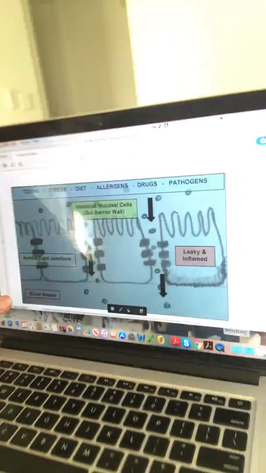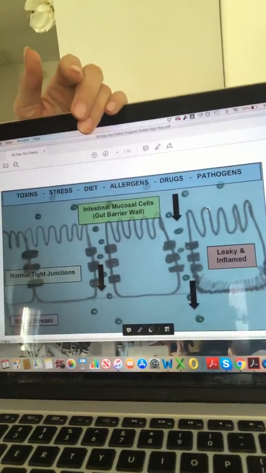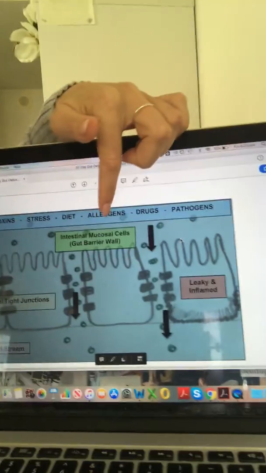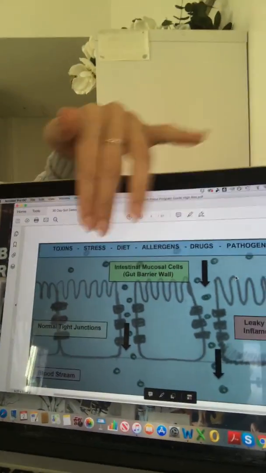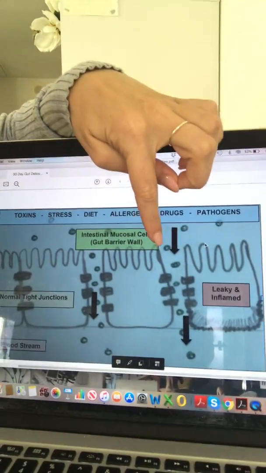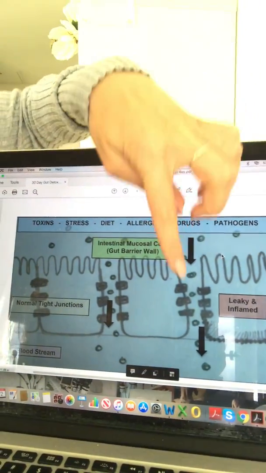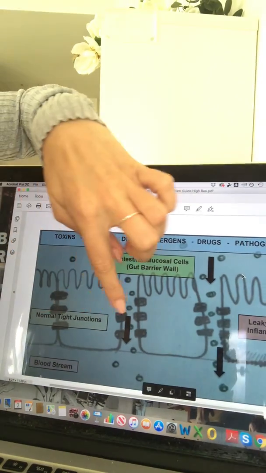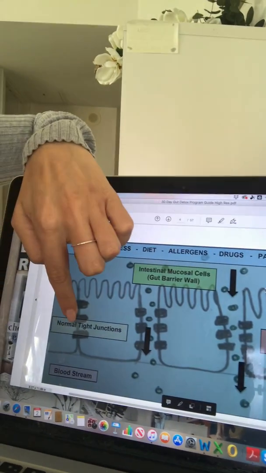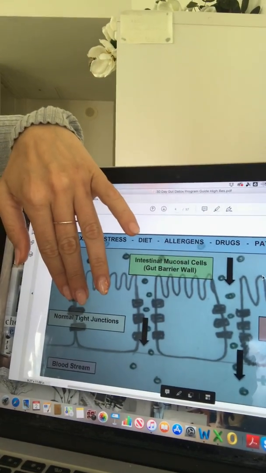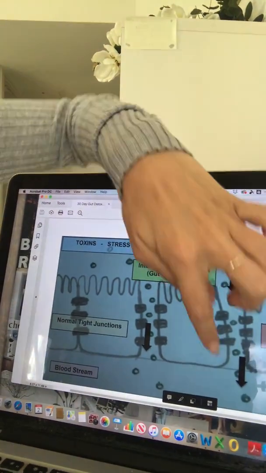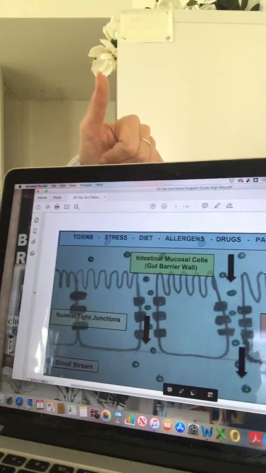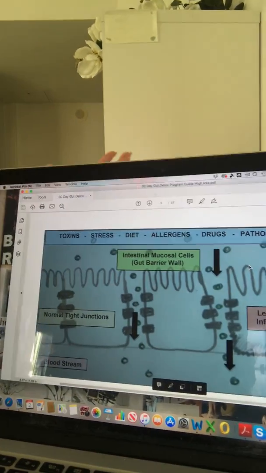Just looking at this, you can see I've listed up here some of the factors that contribute to that gut inflammation. And this is what the leaky gut looks like. You can see here, these are called tight junctions. This is a normal tight junction when they're closely linked together. And this is where it is leaky and inflamed, allowing particles, as I said, like food particles, pathogens, and toxins